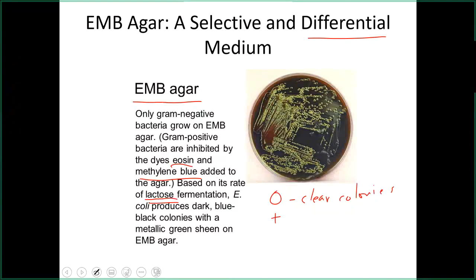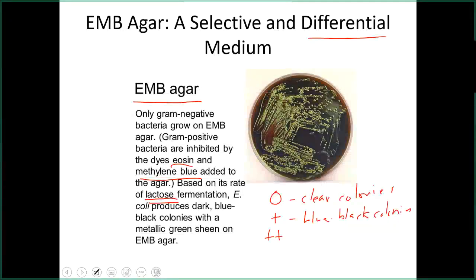A moderate, decent amount of lactose fermentation gives blue-black colonies. I said purple, but more blue-black. Now, if it's really good,